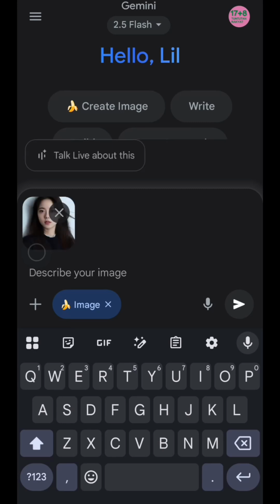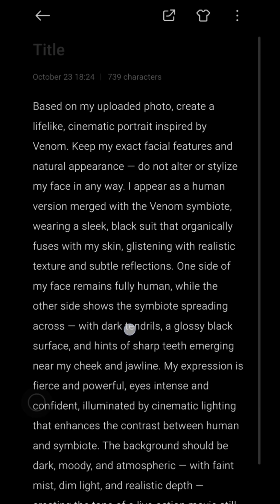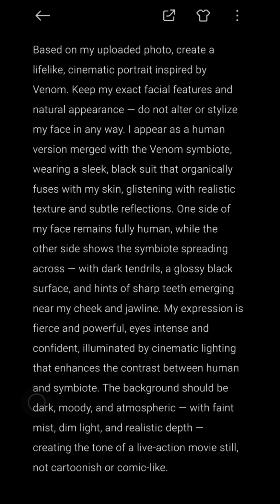Like this. Now let's move on to the most important part. Let's write a prompt. Before, I have already prepared one prompt like this. You can just copy my prompt, but feel free to tweak the prompt to match your style. Next, I will just copy my prompt